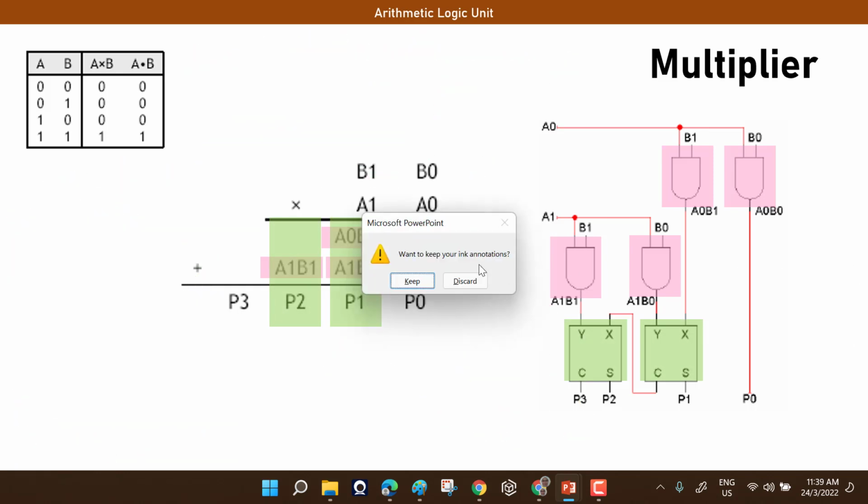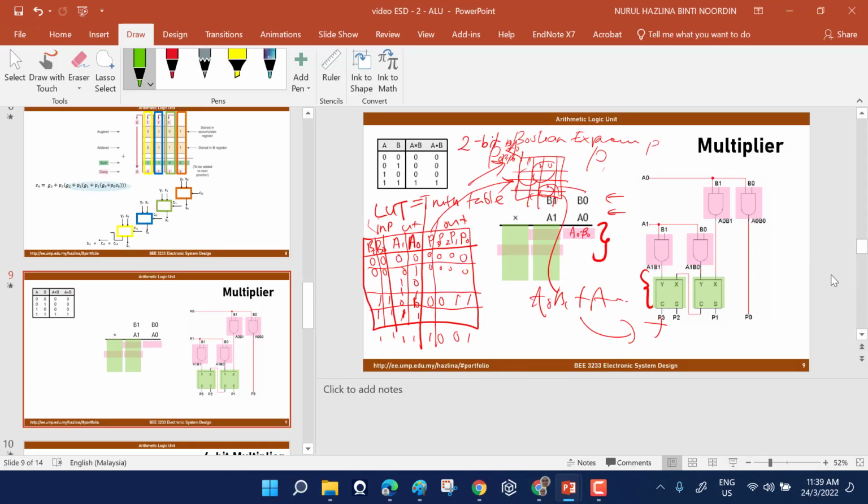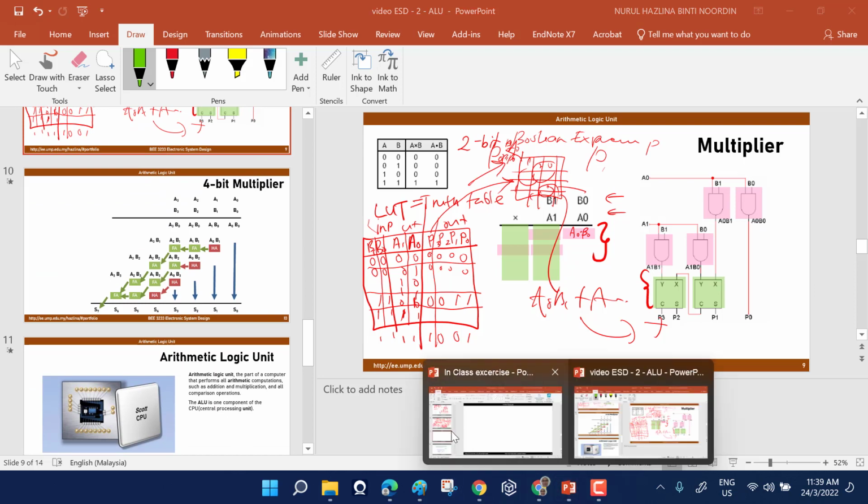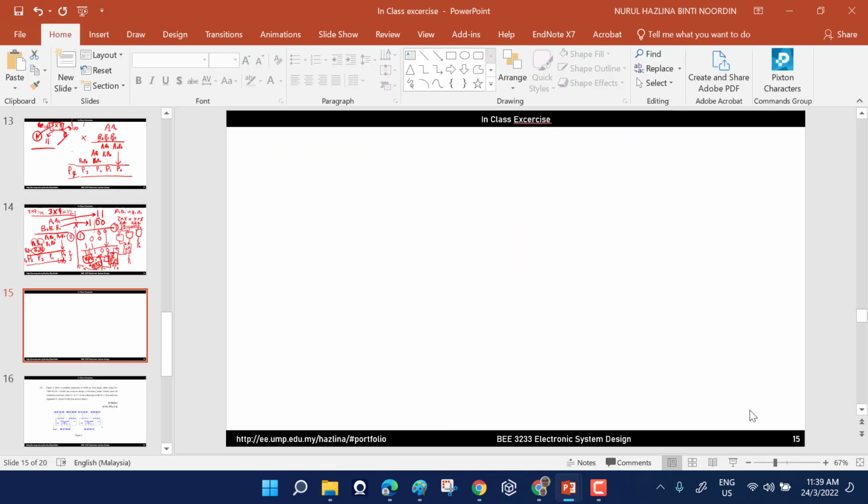Sekejap. Saya nak tambah slide tapi tak keluar pula. Okey, sekejap. Okay, so